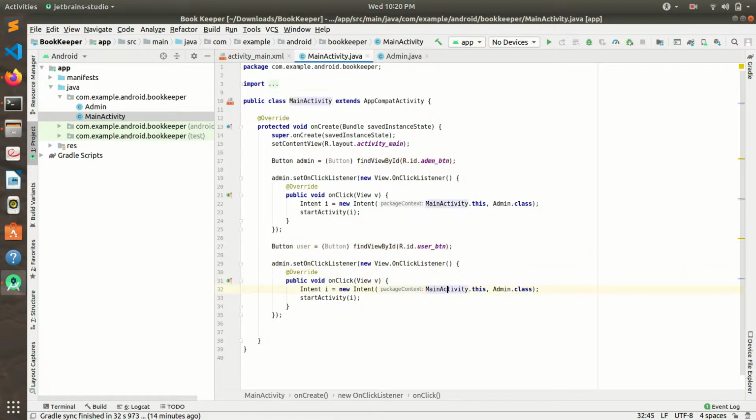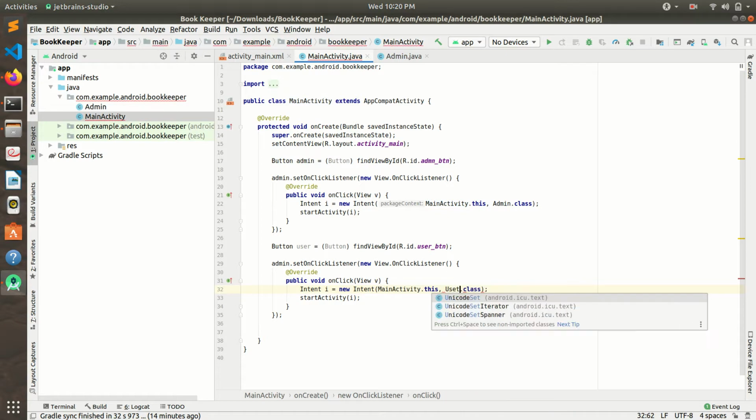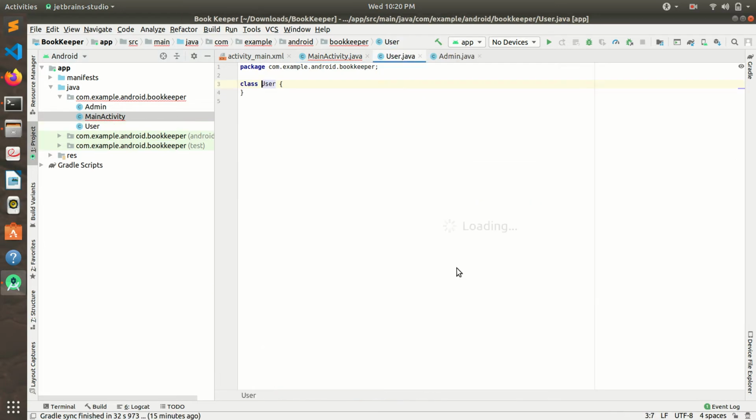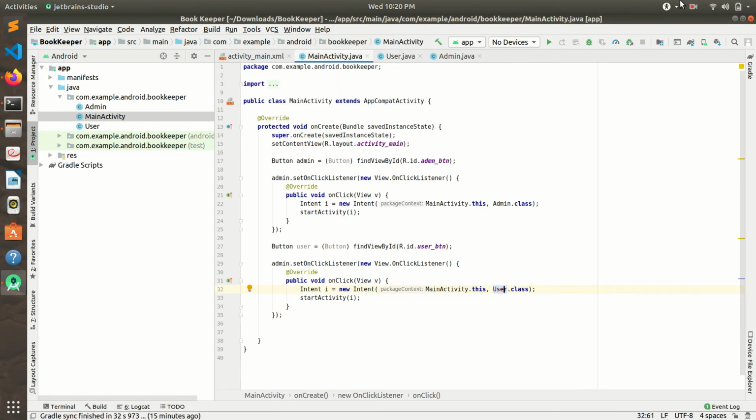And after this we want to create a new page from this MainActivity.java. So from this context MainActivity, we are going to open a new page. So let's name that new page as user. Okay, as we have not created this class, it is appearing as red. So we can simply create it by pressing Alt plus Enter. It will create a new Java class. So let's see, it's open now. Okay, thanks.